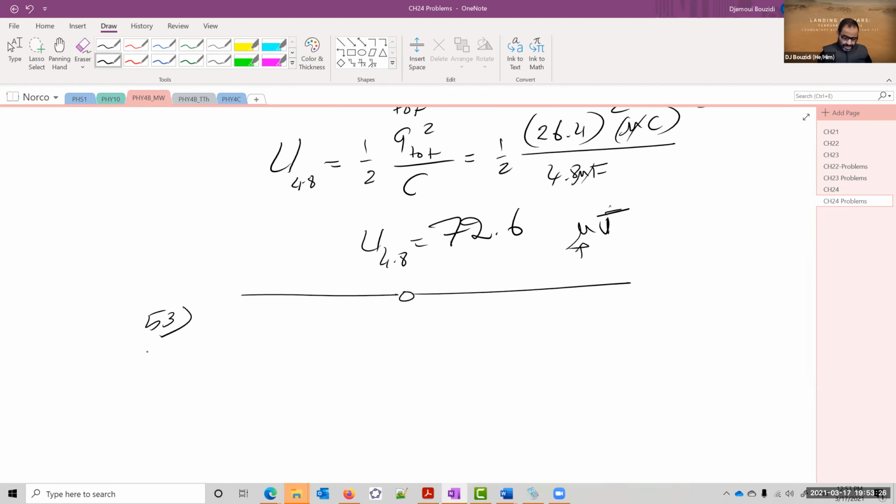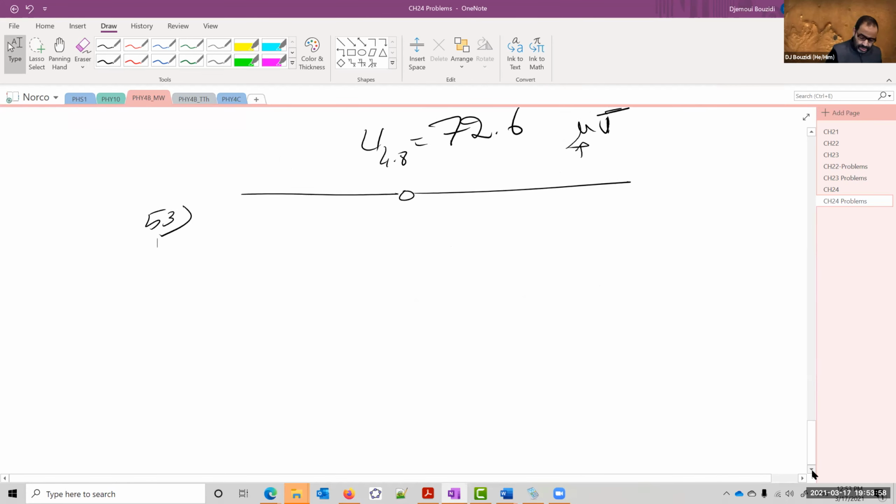Okay, problem 53. It says you have capacitors C1 and C5 equal to 8.4 microfarads. C2, C3, and C4 are equal to 4.2 microfarads. The applied potential is 220 volts. That is like a European system. What is the equivalent capacitance of the network between points A and B? Calculate the charge on each capacitor and the potential difference across each capacitor. Wow, this is the exact work that we were doing earlier with the other problem.